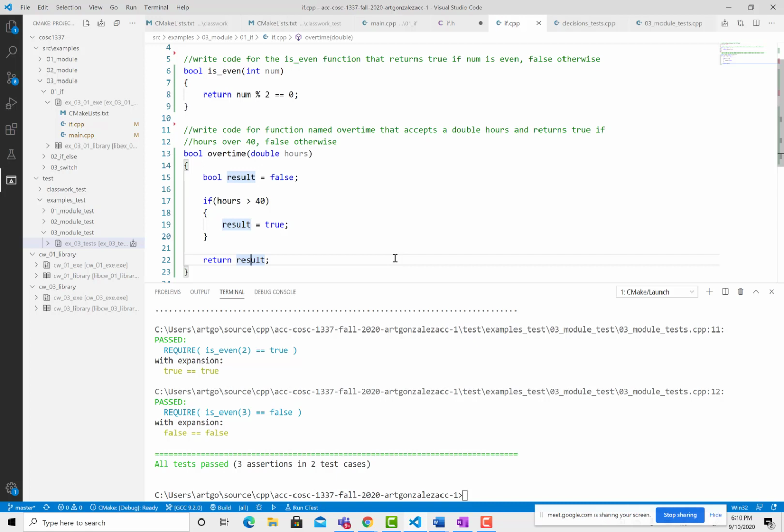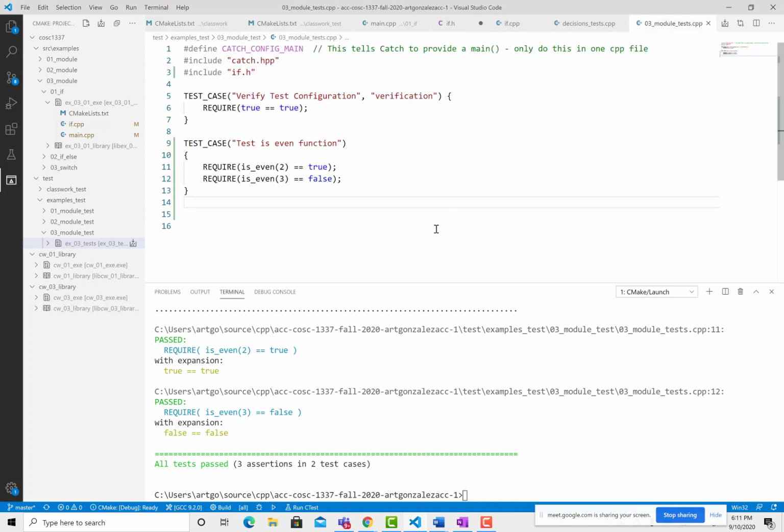And with this one, we can also create a test case, and we can create 3 assertions. So we can create one for less than 40, one for when the number is 40, and one when the number is greater than 40. So we have 3 assertions in one test case. And we come back here, and we can create our test case, test overtime,